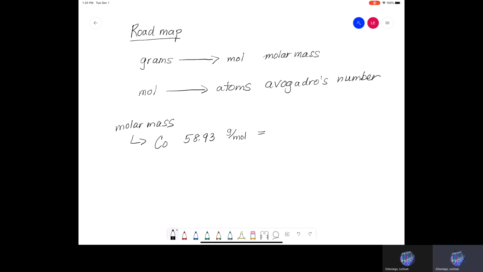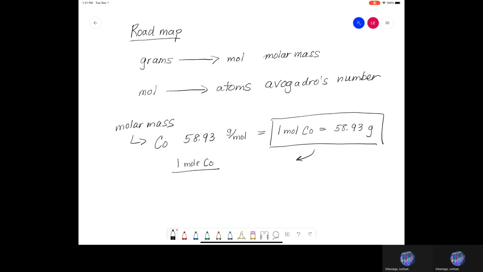Basically, what this means is that 1 mole of cobalt equals 58.93 grams. So this should look very familiar to you from the notes that you've taken. This kind of looks like a conversion factor to me. In the video that I showed you guys, I kept telling you that your conversion factors equal 1. You can use it in any orientation. I think it was a little unclear in the video, so I'm going to show you. I'm going to take this number and convert it to my conversion factor. So I'm going to end up with 1 mole of cobalt over